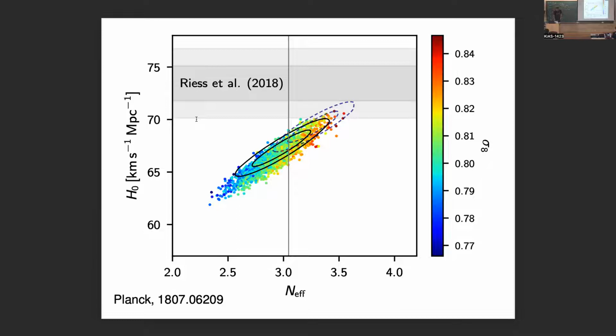And these galaxy surveys tend to find a value that is smaller than the Planck value already in lambda CDM with no dark radiation. I'm running out of blackboard space here. Galaxy surveys get sigma 8